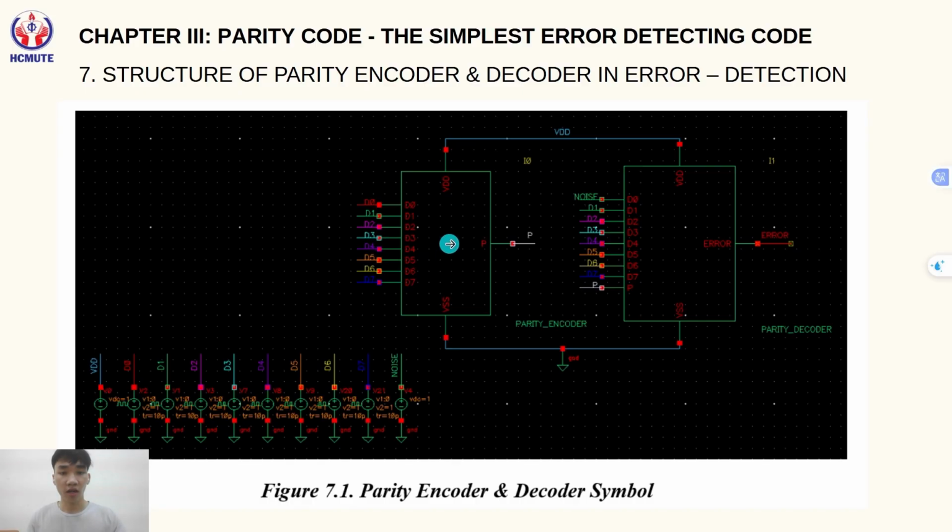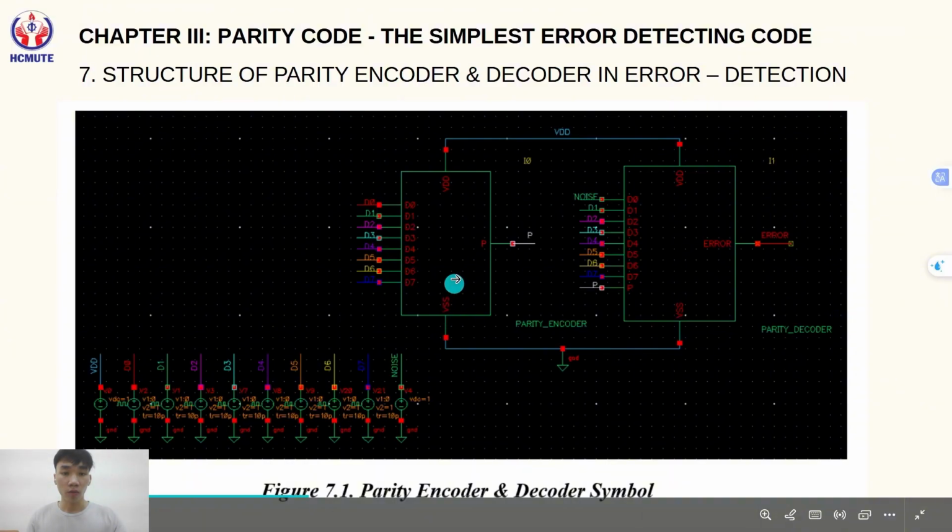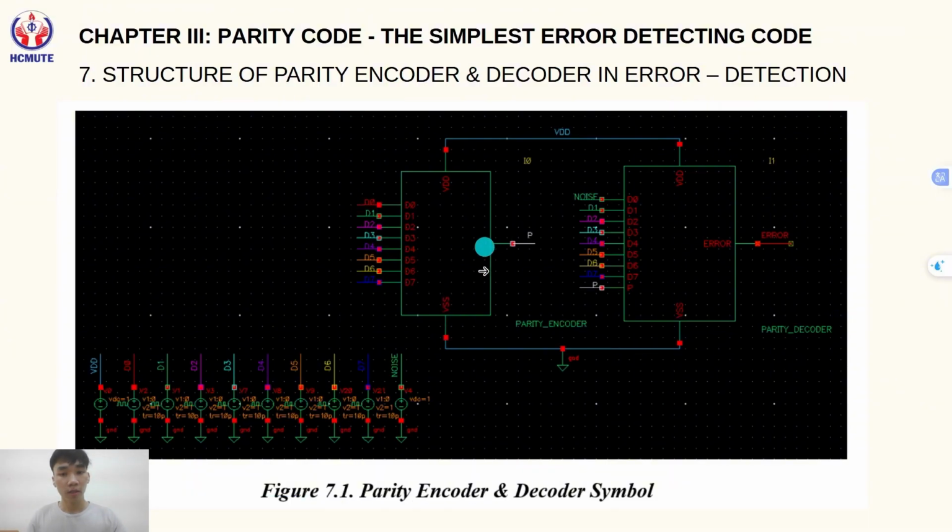The figures show the combined encoder and decoder schematic. In the parity encoder, we generate a parity bit from an 8-bit data. We use even parity. So if the total number of 1s in the 8 data bits is odd, the parity bit is set to 1 to make the total number of 1s in the 9 bits even. And if the total number of 1s in the 8-bit data is even, the parity bit is equal